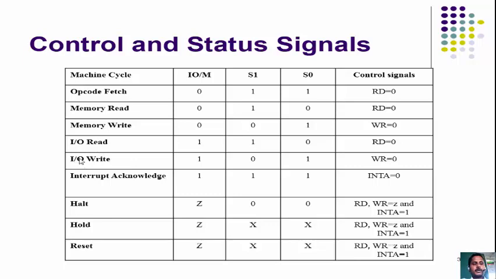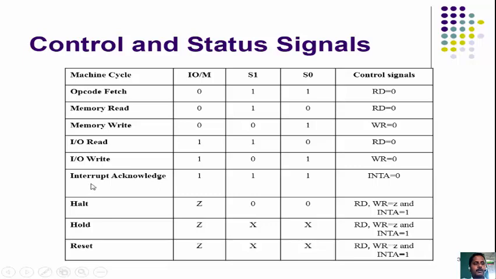Opposite to this, data from the CPU is an IO write operation. Suppose the CPU or microprocessor is sending some data to an output peripheral, for example a display, LED, 7 segment display, LEDs, or LCD display. At that time the microprocessor is writing data, in other words an IO writing operation. In this case IO/M bar is again 1, which indicates an IO device related operation. S1 pin is 0 and S0 pin goes to active high, and at that time the control signal WR bar is 0.